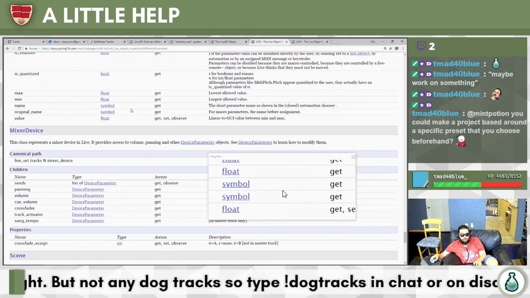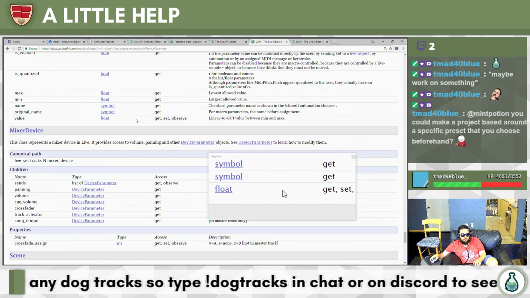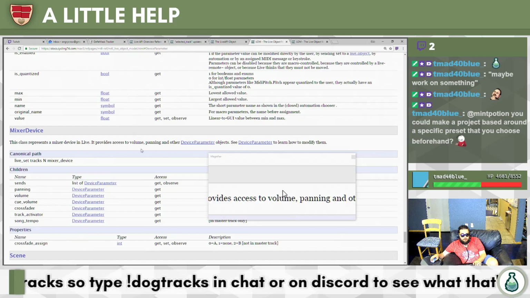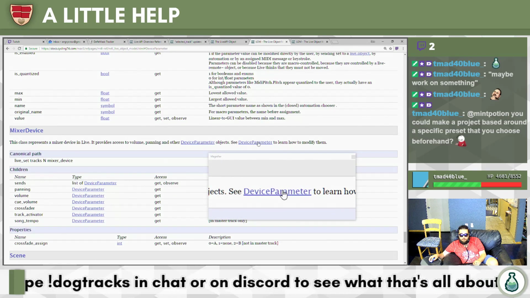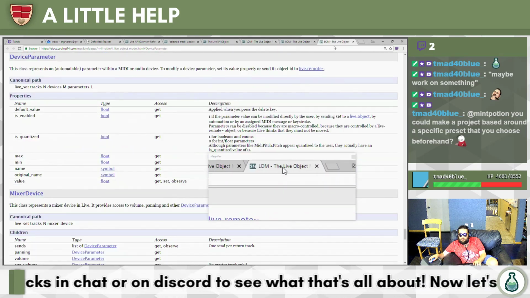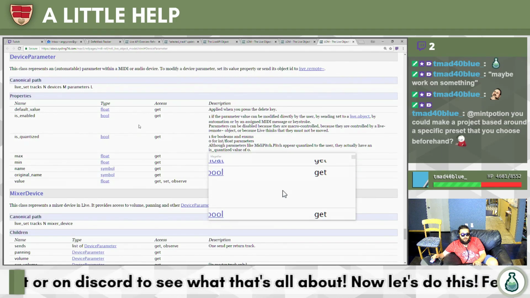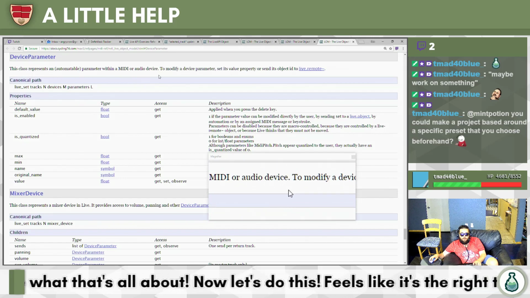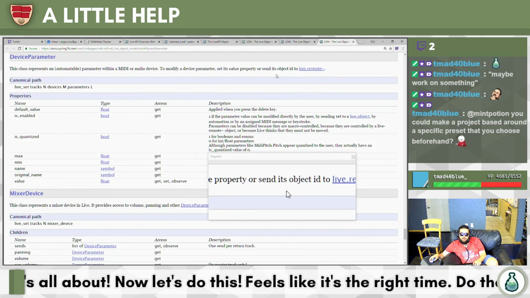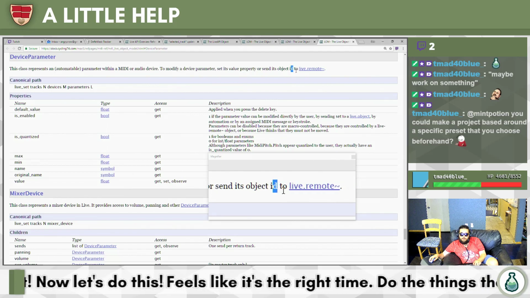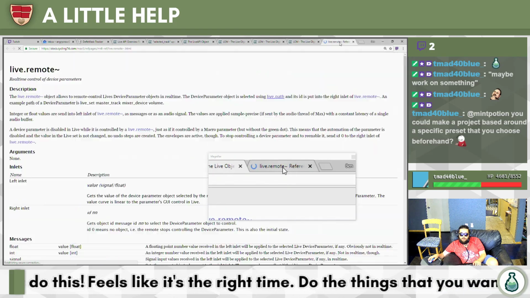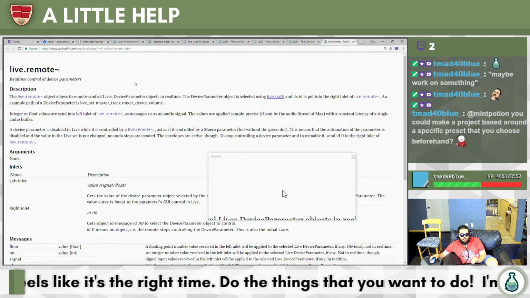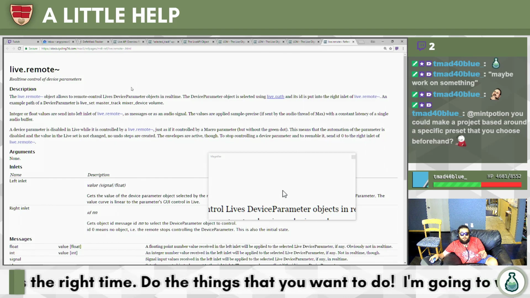I wish I could see an example. And so this is what we do. Device parameters. Automatable parameters. Its value or send its object ID to live remote. And there's this other Max object. This is all done in JavaScript that's hooked into Max.